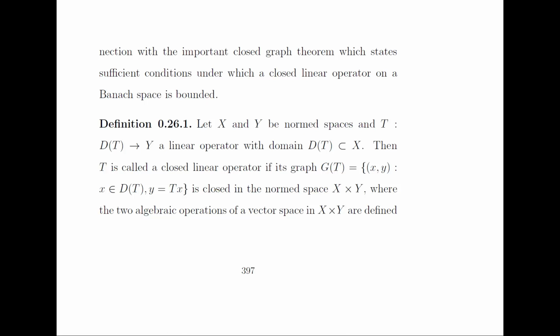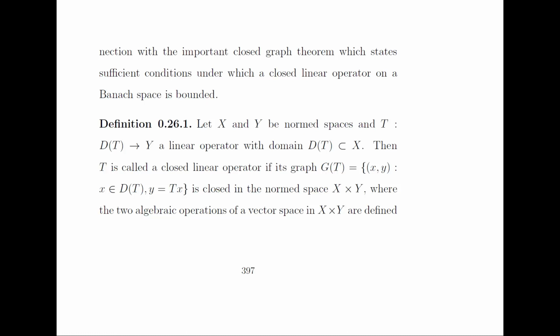So let X and Y be normed spaces and T a mapping from the domain of T to Y, called a linear operator with the domain of T a subset of X. Then T is called a closed linear operator if its graph G of T, the collection of all those (x, y) such that x belongs to the domain of T and y equals Tx,